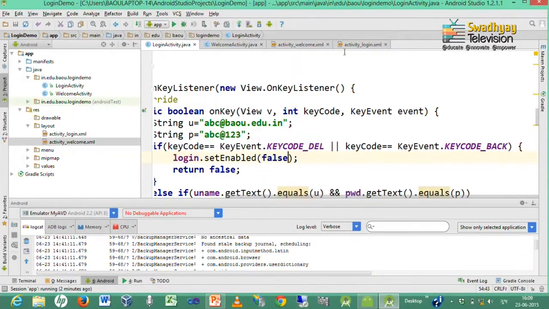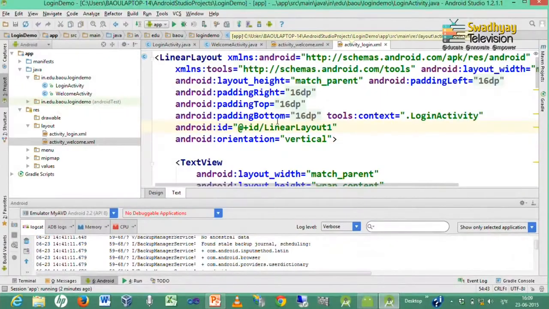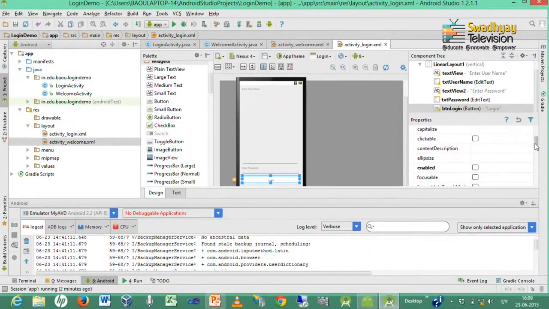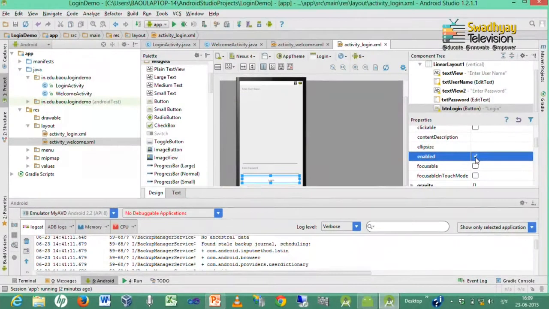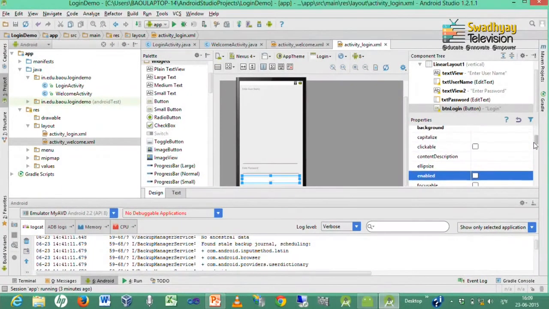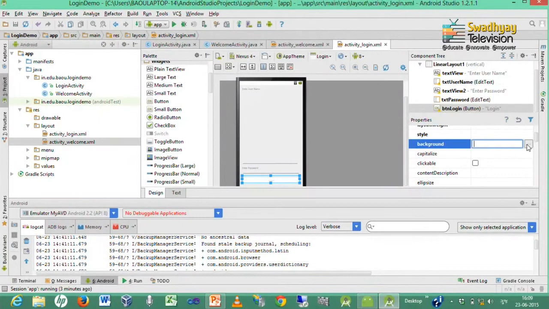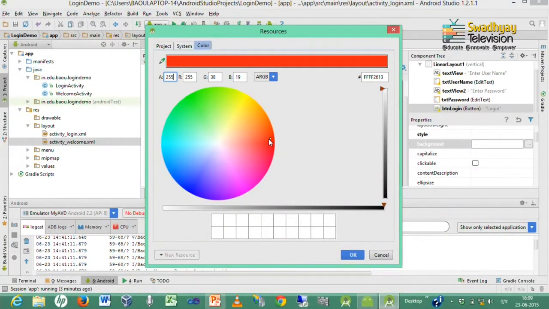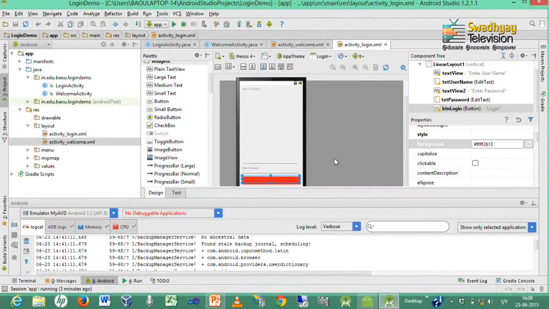So, we go to activity login and we select this button and set its enabled to false. Now, we again test this, we give some background color, so we can properly see this button. And we also give some text color.